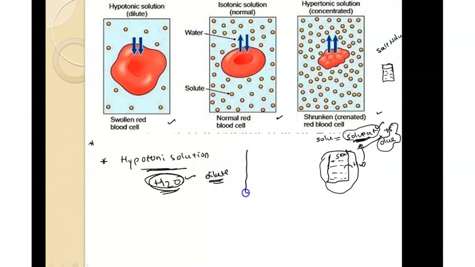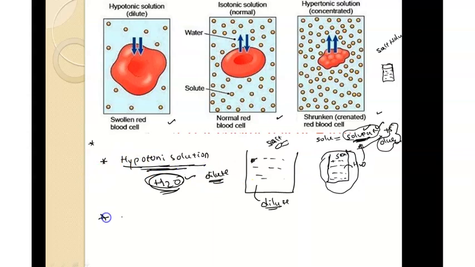So if you take 2 liters of water here and add 2 spoons of salt, the amount of water is very high. So you are not going to feel that much saltiness here. Why? Because the solution is dilute. Here we have a high amount of solvent and a small amount of solute. That kind of condition of a solution is called a hypotonic solution.